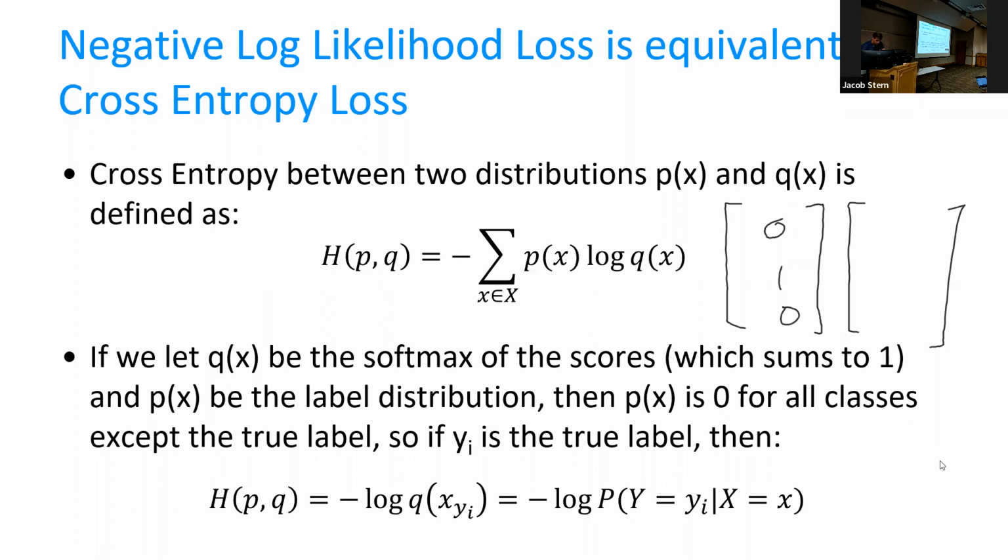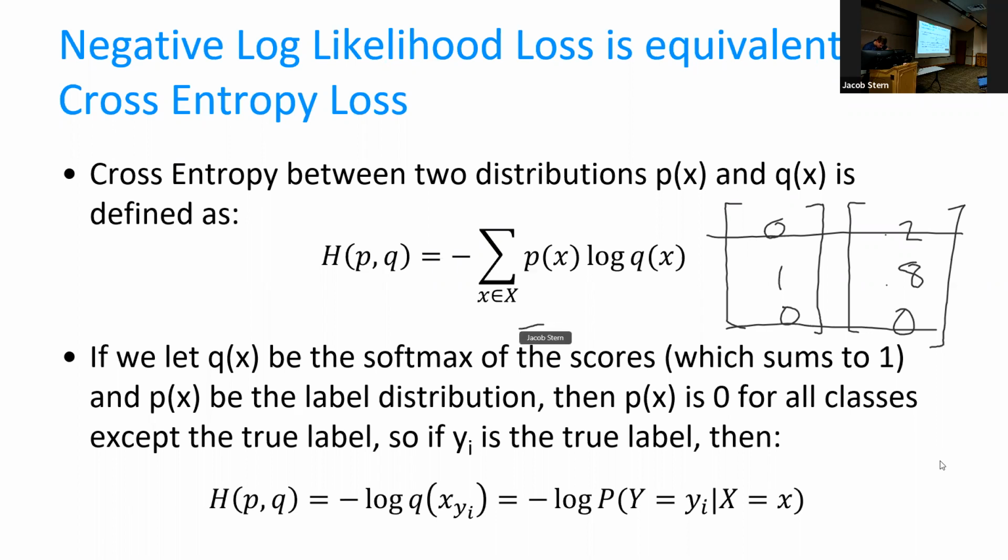And Q is our predicted probabilities. Then this sum here reduces to basically nothing, because our target vector only has all of its probability in one class, all of the other terms disappear, and we are left with